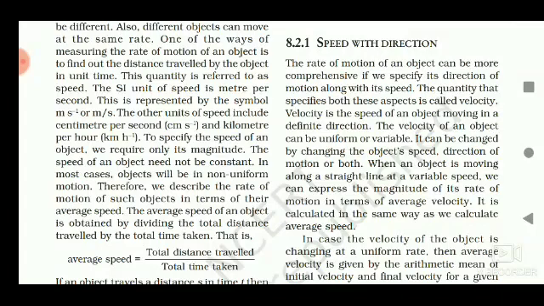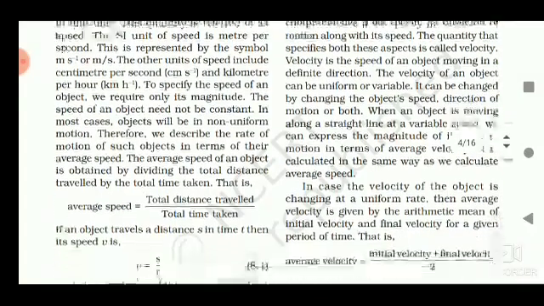its rate of motion in terms of the average velocity. That means in a straight line the direction remains the same, so only the magnitude is changing. So here also we can say a non-uniform velocity. In that case, we find out average velocity like that of the average speed, and it is calculated in the same way we calculate average speed.